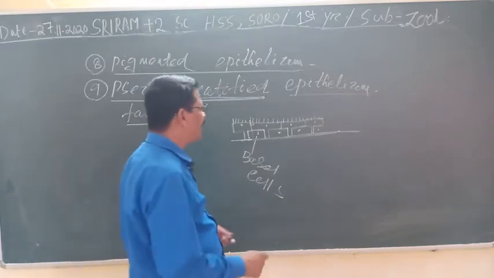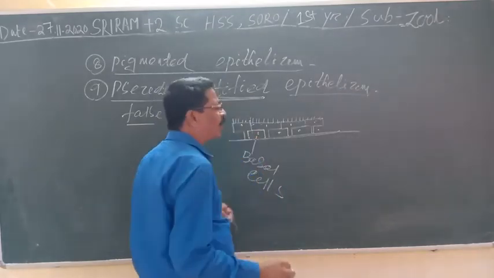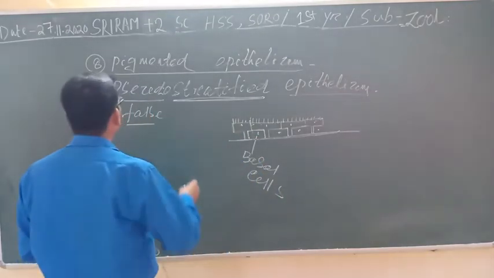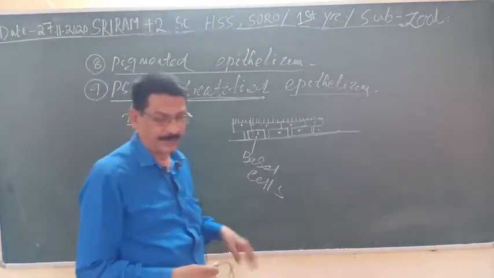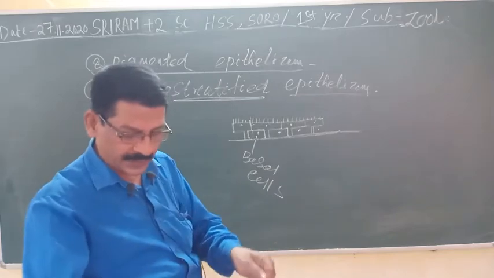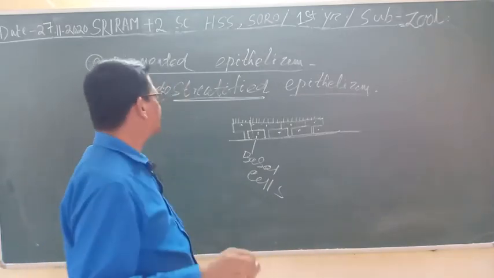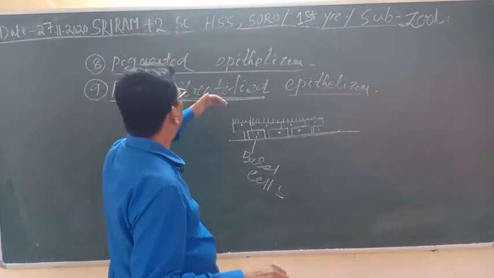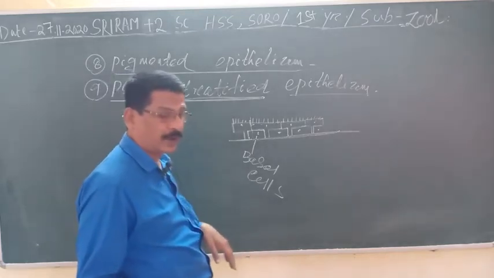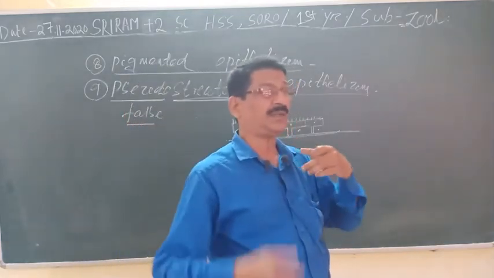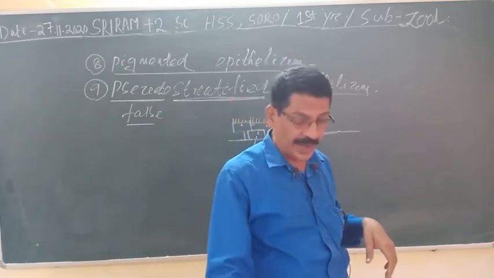So it is a simple epithelium, but it appears a compound epithelium. So it is called pseudostratified. Pseudo means false, stratified is the name of a compound epithelium. So it is a false compound epithelium or stratified epithelium. Clear? And it is found in the trachea and the large bronchi and the bronchioles, etc. It is also found in the vas